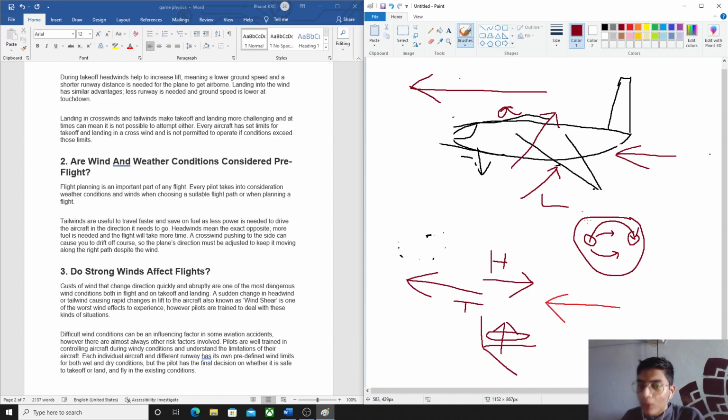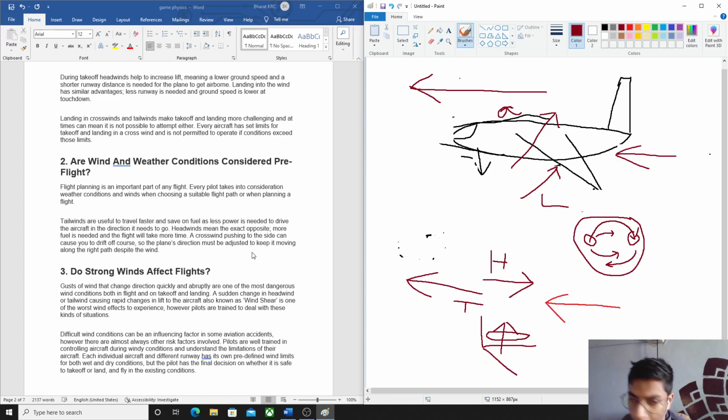But at the same time, it would be challenging for the aircraft in landing and takeoff. While if the wind is blowing in this direction, we can already conclude that it would be difficult for the aircraft to travel long distances, but it could also be useful for the aircraft